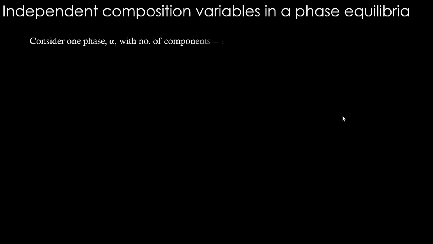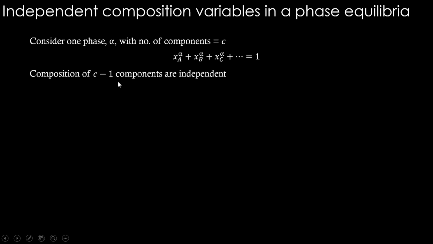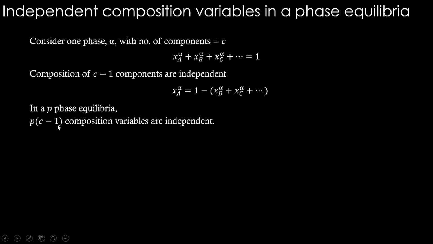I am putting a generalized form of the same. Consider one phase alpha with C number of components, not 3 here. Therefore XA, XB, XC plus any number of elements, whatever C is, that many mole fractions if you add, is going to be 1. Therefore, C minus 1 components' compositions are independent. For only one component, you can say 1 minus the summation of all other components. Therefore, one variable among all these is dependent. So in a P phase equilibria, P being the number of phases, P multiplied by C minus 1 composition variables are independent, but